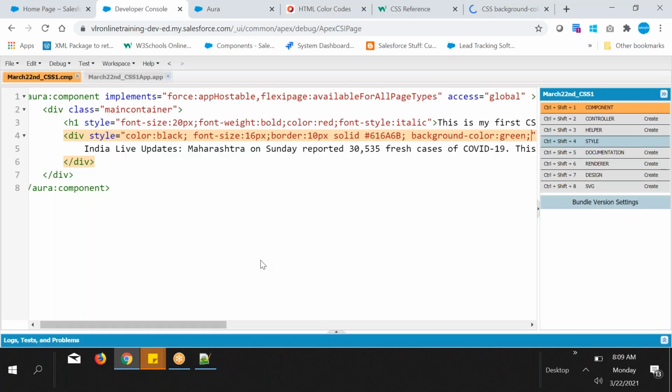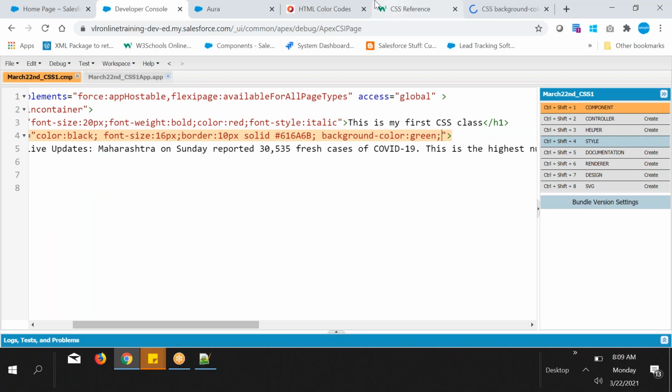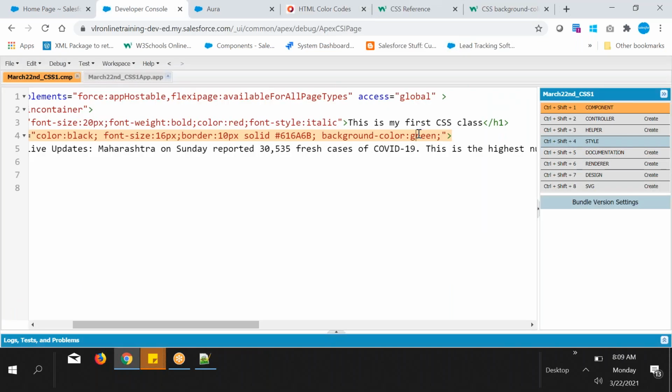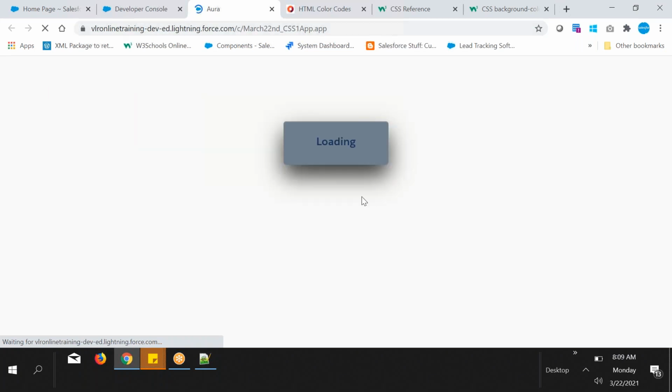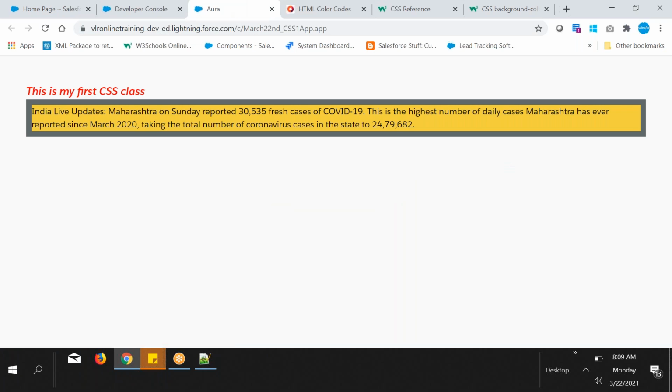And let's apply color codes. Suppose I want to apply this one. Let's copy the color code. Instead of this green, you can apply this one. So let's go and refresh it. So what color is this one? This color will be the background color.